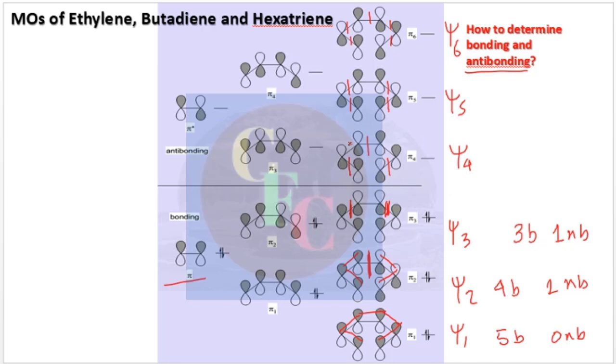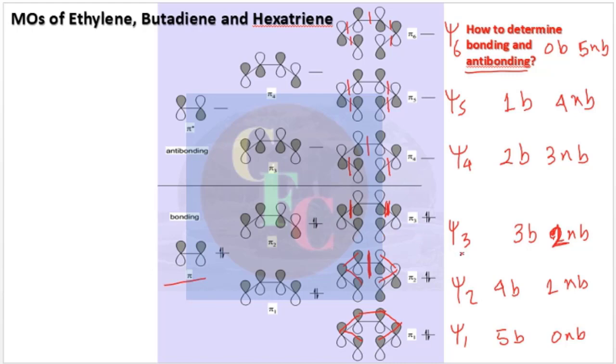But in this case, from psi 4, you see there will be 2 here, right. It will be 2. So 2 non-bonding in psi 3. Here in psi 4 you have only 2 bonding and 3 non-bonding. Here it is reversing. See, it is 1 bonding and 4 non-bonding, and for psi 6, 0 bonding and all are non-bonding, right.